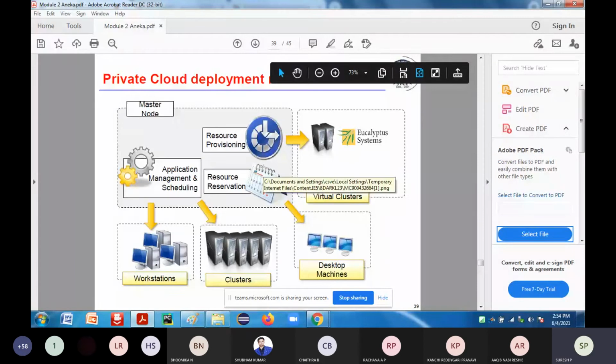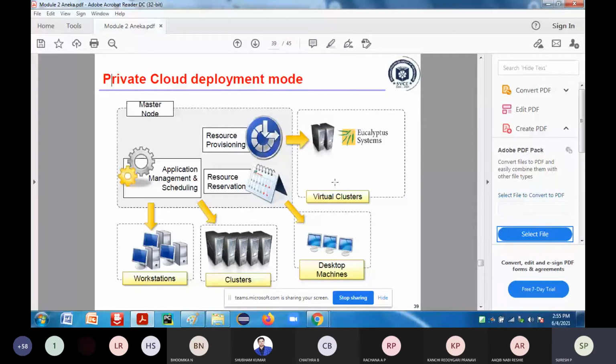The organization providing that particular service will have its own workstations, its own clusters, its own desktop machines, and its own virtual clusters. It is not relying on any third party for this infrastructure. The infrastructure will be residing inside the organization itself.